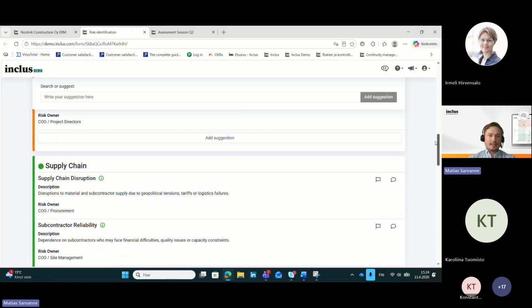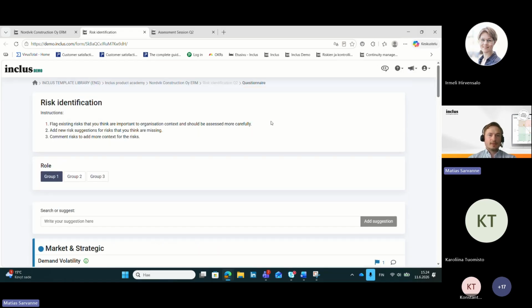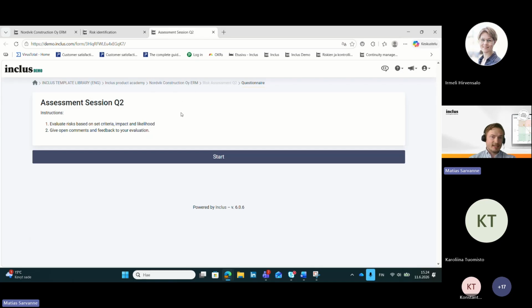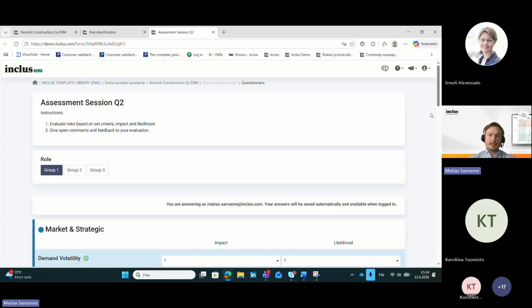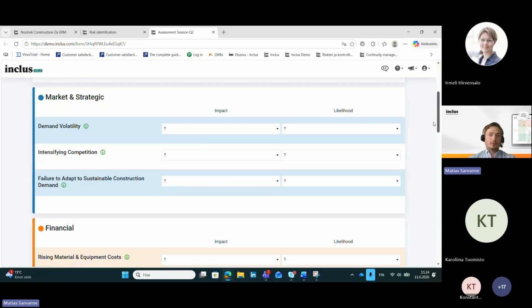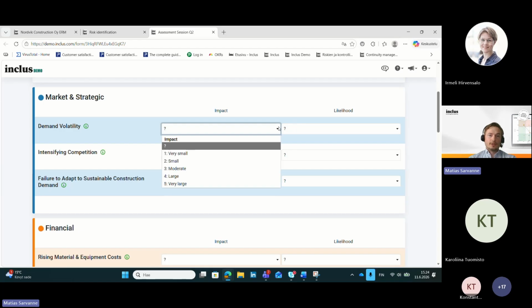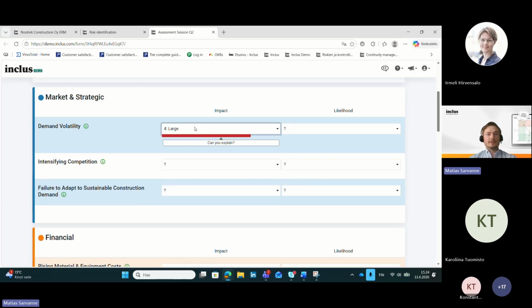Quite easily, this kind of a link, using this link. And also same thing with the risk assessment. When we have identified certain risks and prioritized them, then we can do the assessment round where we actually quantify the risks. So we have the impact and likelihood criteria, so we can assess those. This is like a 1 to 5 scale, so this can also be modified